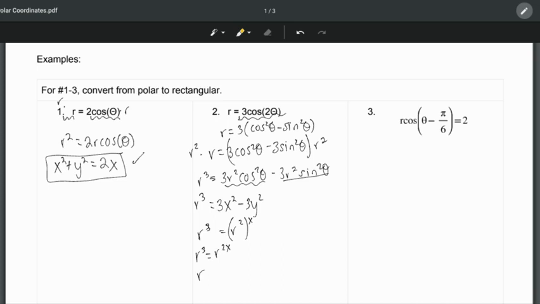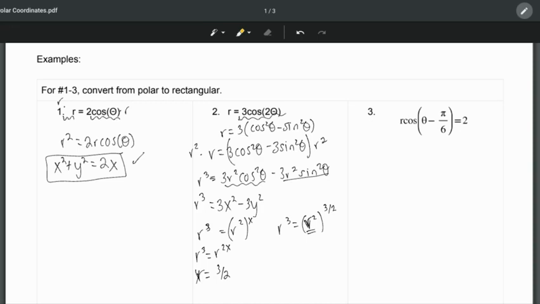So that gives us that exponent there would be equal to 3 over 2. So this side, the right side, r cubed is equal to r squared being raised to the 3 over 2 power. That's important because r squared, remember, is what we know is equal to x squared plus y squared,